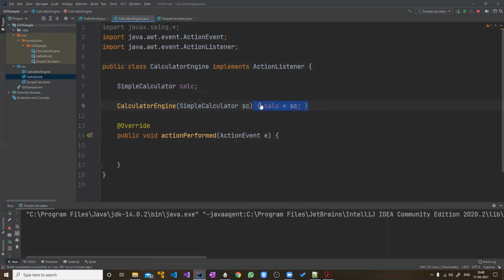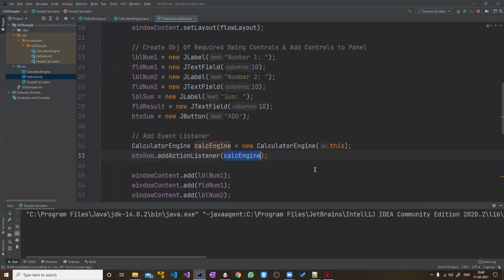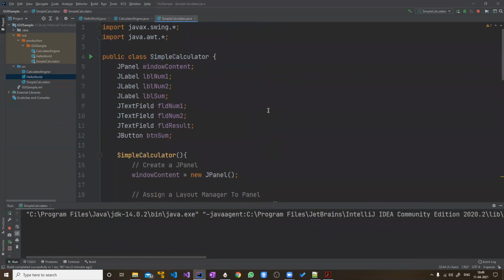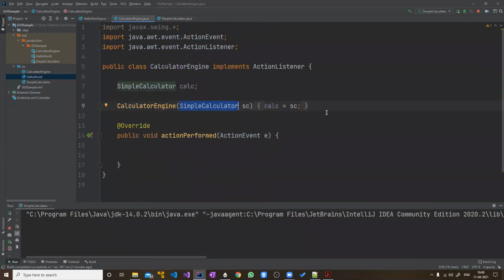In the constructor of calculator engine, you are specifying that it should take one object of type simple calculator, and that is what you have done here. In calculator engine, you have passed this, which is an object of the current class. What is the current class? Simple calculator. So this is done.